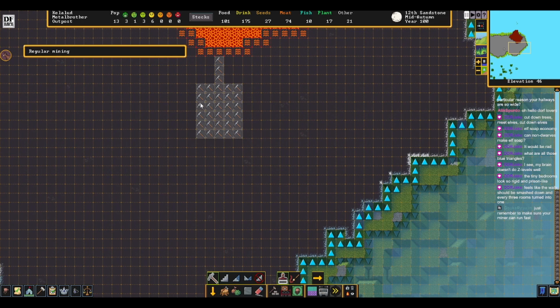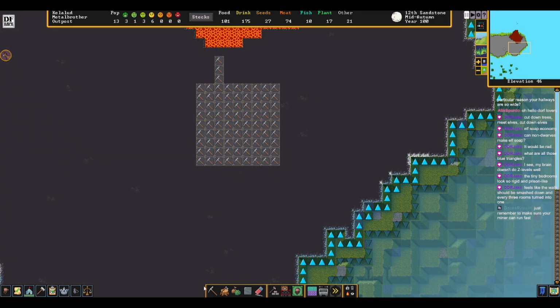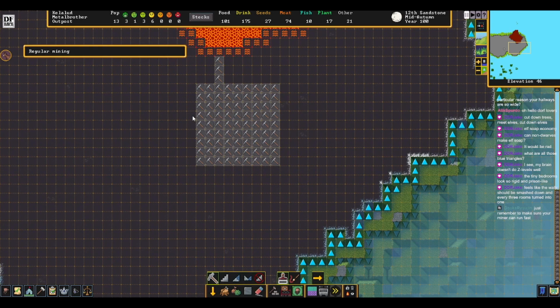So in terms of workshops, we'd get 1, 2, 3, 4, 5, 6. This would be 9 workshops potentially here. So 1, 2, 3, 4, 5, 6, 1, 2, 3. That's how much this is. So it'd be like that, and then above it we would have a...